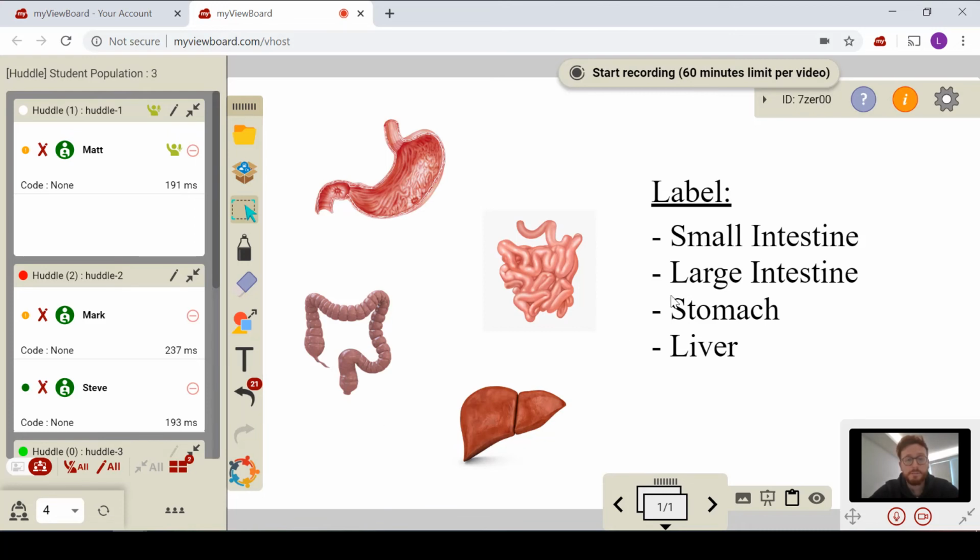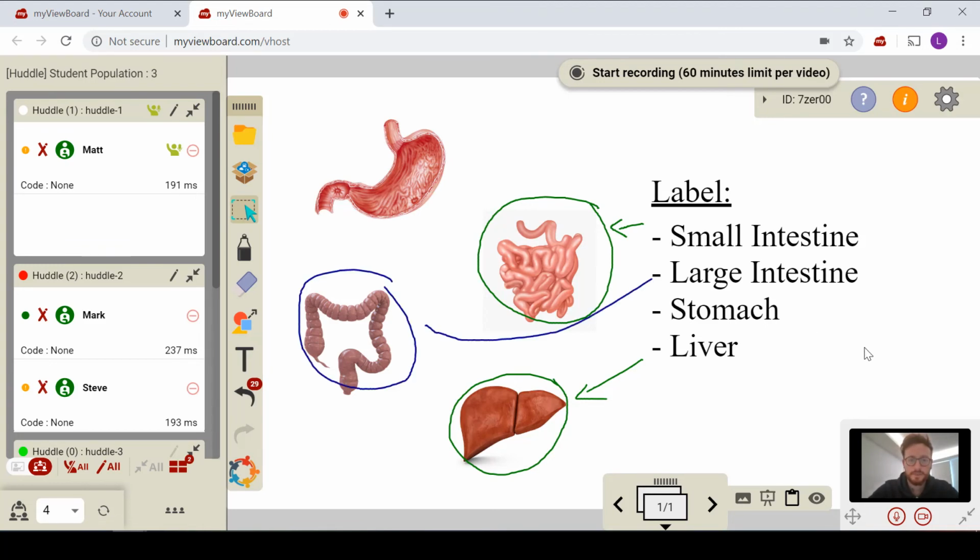Basically what they're going to do is a very similar task, but a slightly differentiated version to enable them to access it if they're not quite on the same level as Matt. So Mark and Steve, excellent. We've got somebody already labelling the small intestine. And if we can get Steve, if possible, to do it in a different colour, that would be really useful. If he wants to finish off by doing the large intestine and the stomach, that will enable us to have our lesson. So as you can see now, Mark has done it in green, Steve has done it in blue,